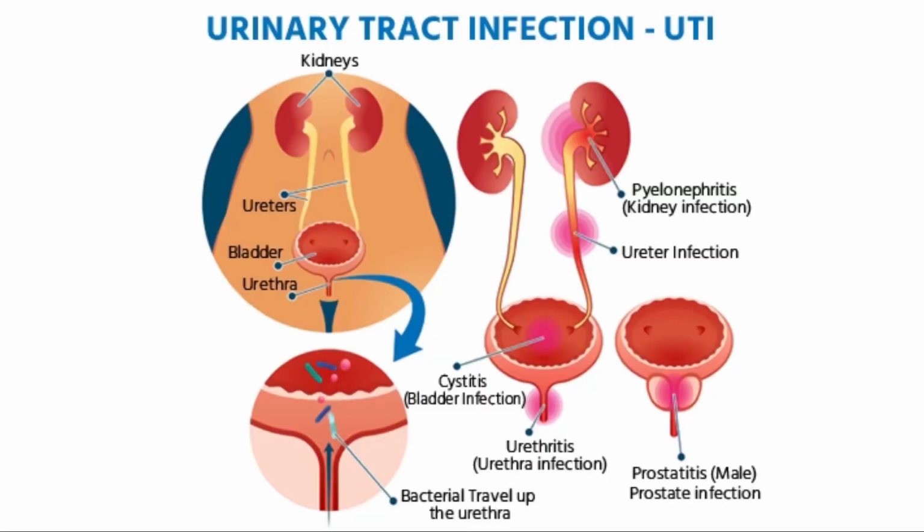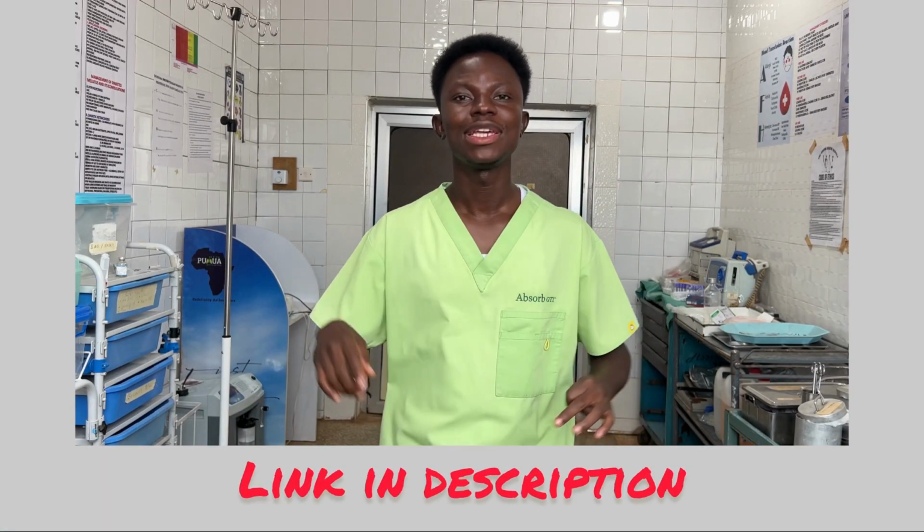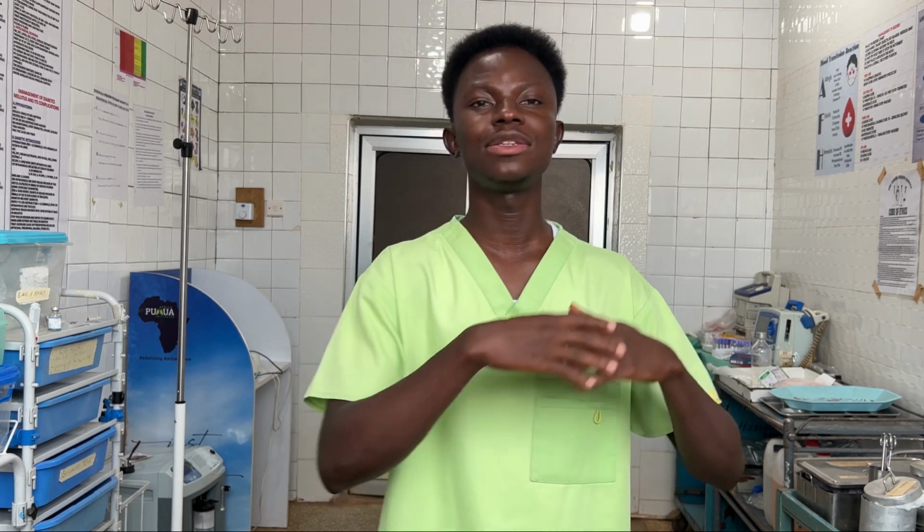Yes, UTIs. When we say UTIs, it's just an infection or an inflammation to the urinary tract system or the urinary system. The urinary system, as discussed in my previous episode, consists of the kidneys, the ureters, the bladder, and then the urethra. In today's episode, we are going to discuss diseases or infections that affect the various organs I made mention of. We got to know that UTIs are more common in females than in males. We also get to know what are some of the causes of UTIs, some of the treatments of UTIs, some behaviors that can make a person stand a risk of getting urinary tract infection,